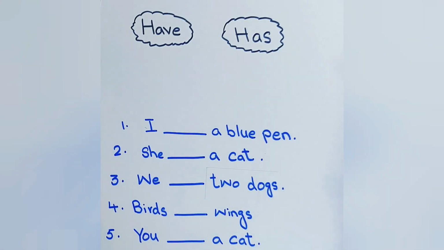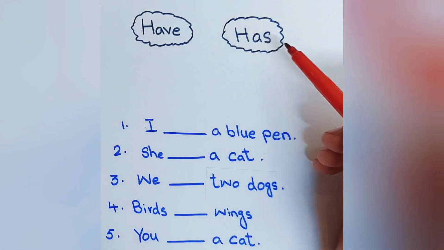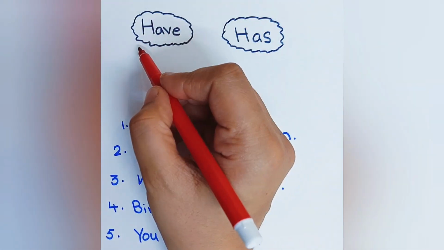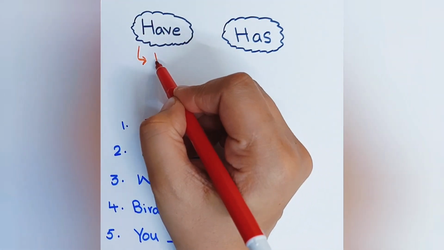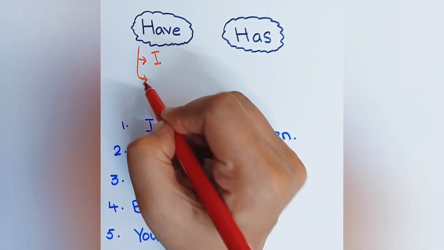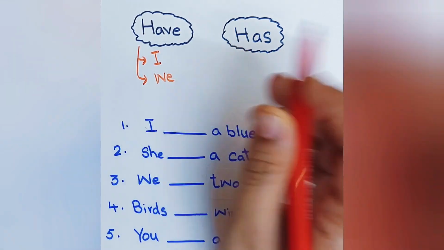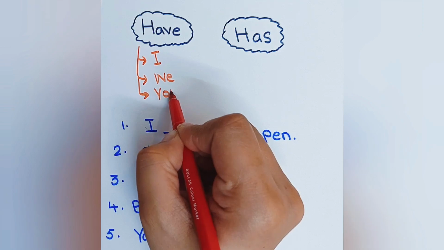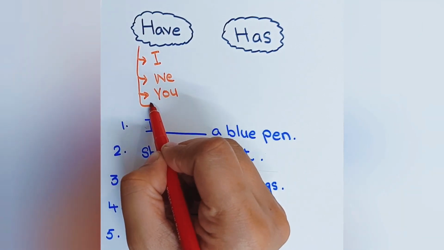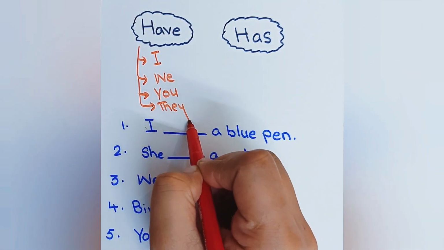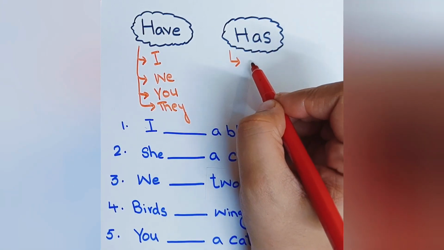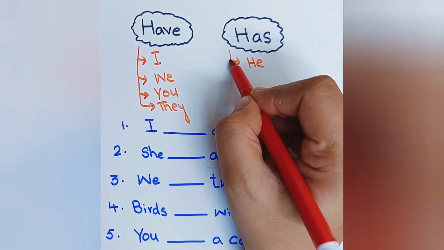Hi everyone. So today's topic is about have or has and where to use those. First of all, you just need to remember this: the following words go with have, that is I, we, you, and they. Now under the has one, you have to remember he,